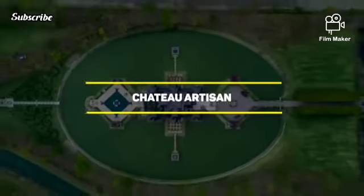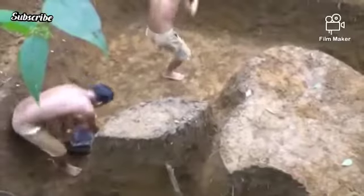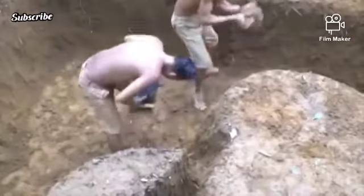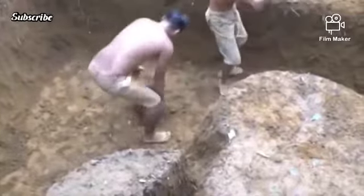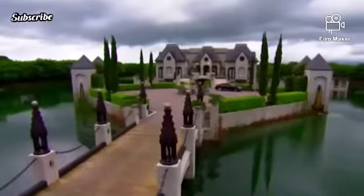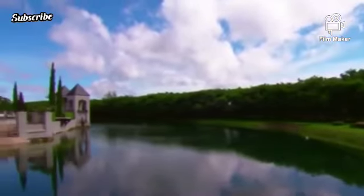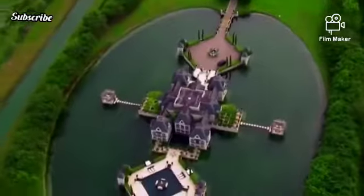Number 10. Chateau Artisan. Who doesn't want to live surrounded by water? Back in the day, people would dig ditches around their homes and fill them with water to protect them from invaders. Today, surrounding your home with water is more of a luxury rather than a protection technique. That is the case of Chateau Artisan, a French-style house surrounded by water that looks like something out of a